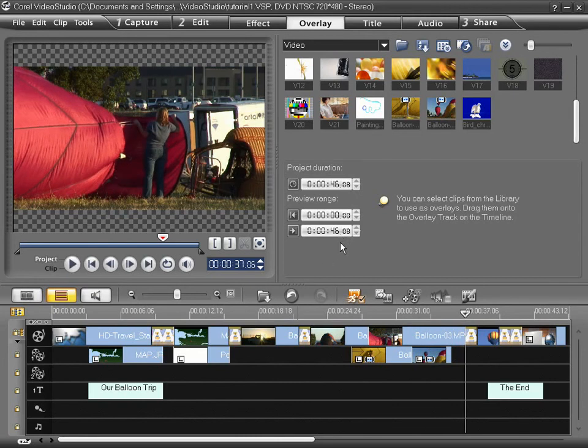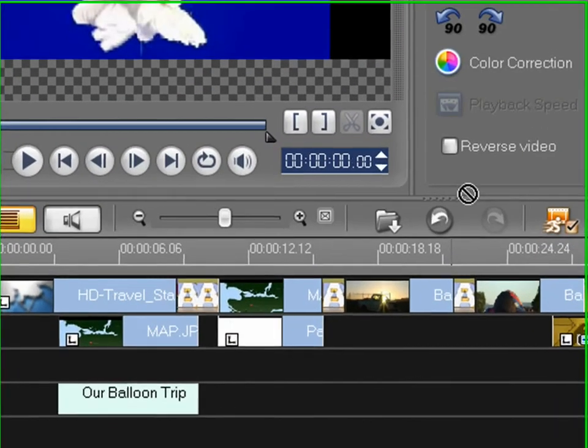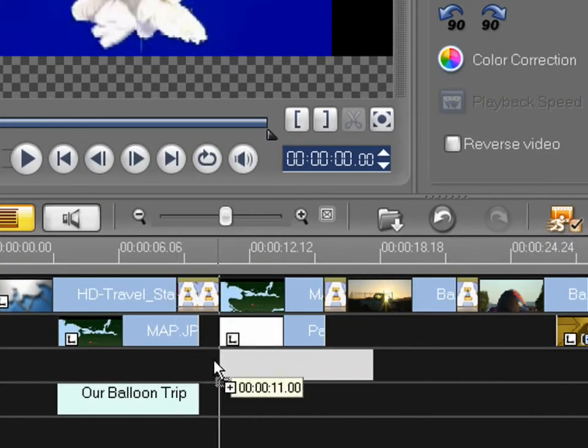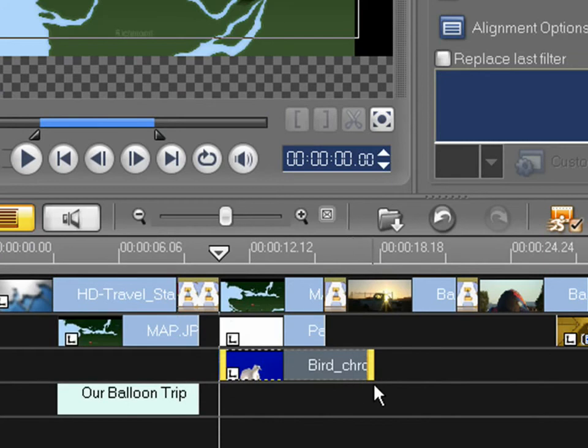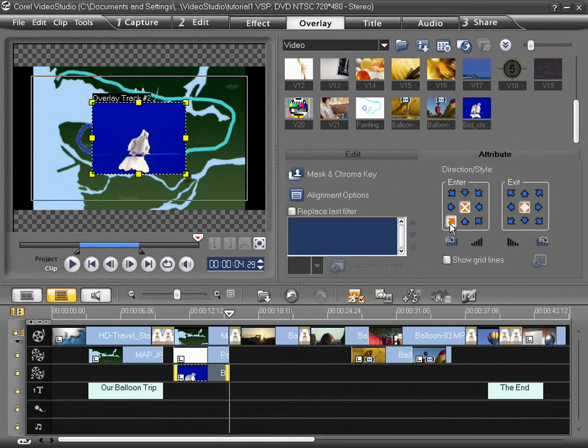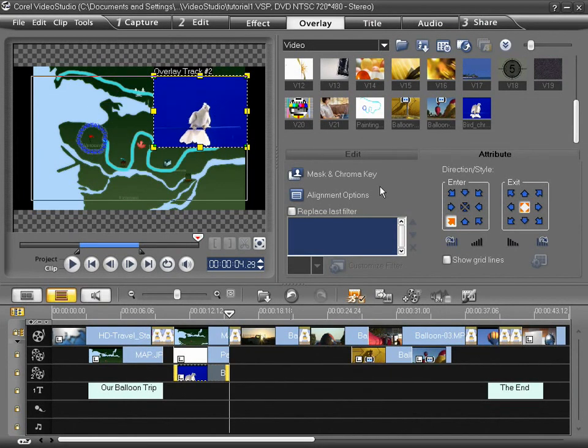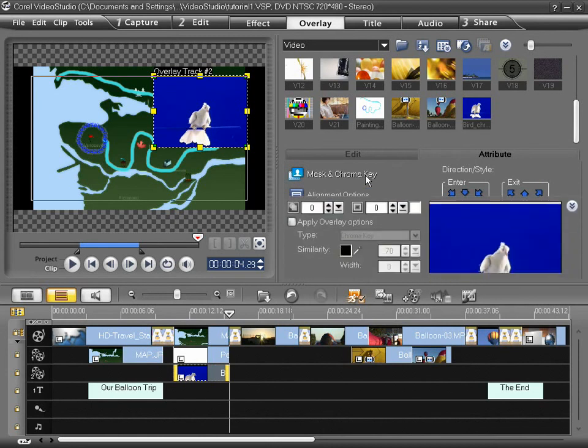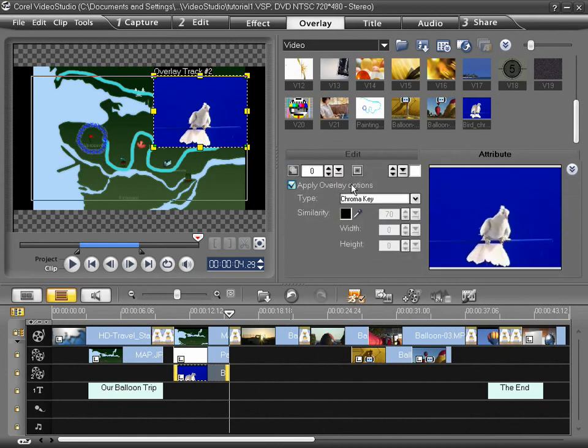Okay, so this may look a little on the cheesy side, but hopefully you'll get the main idea. I'm going to bring this dove clip that is on a blue background down to the overlay track on top of my animated map, and then set the length to fit. Now this is going to be easy and fast, so don't blink. First, I'm going to set it to fly in from the lower left and remain in position on the upper right. Now, this time I'll click on Mask and Chroma Key, apply overlay options,